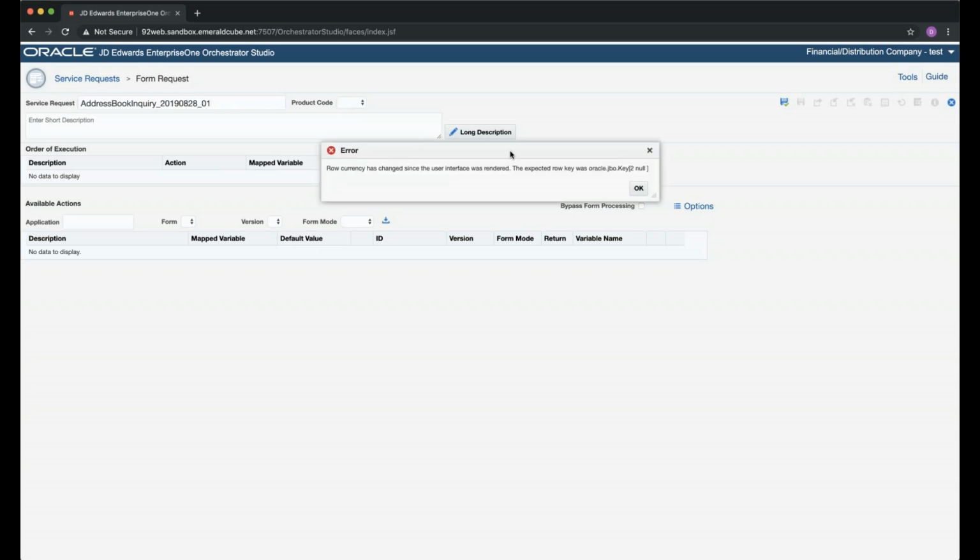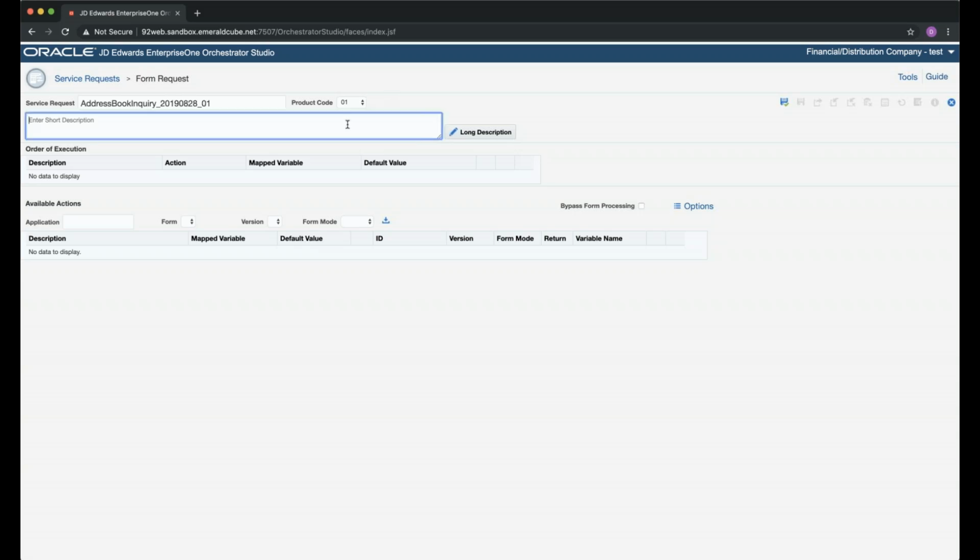Product code, you have the opportunity to give a product code. Let me reload that actually. So product code here, you can put in any number that you want. 55 is of course custom. However, all service requests that we're creating are kind of custom. So this is, again, just a category that you want to put in. In our case, we might put in 01 because this is an address book inquiry. But again, you can put in whatever number you want here, depending on how you want to categorize it. So again, we're going to go 01 because we're doing address book. And then you have the ability to say this is an address book inquiry.